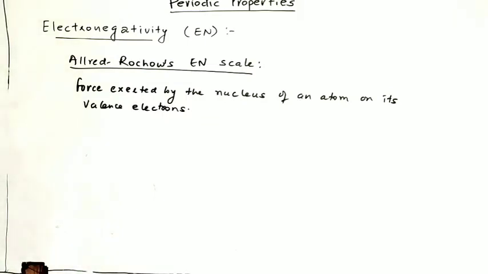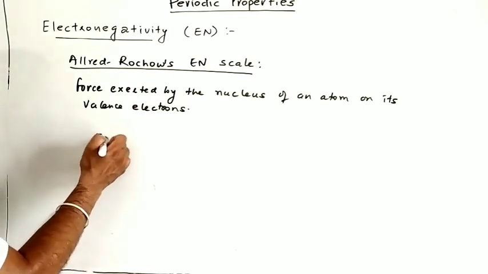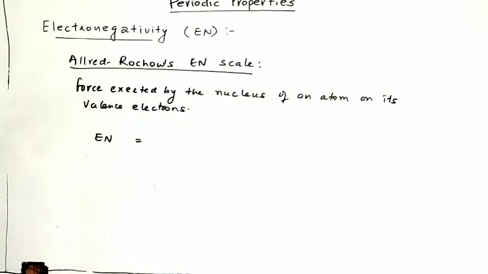So electronegativity, according to this, is represented as